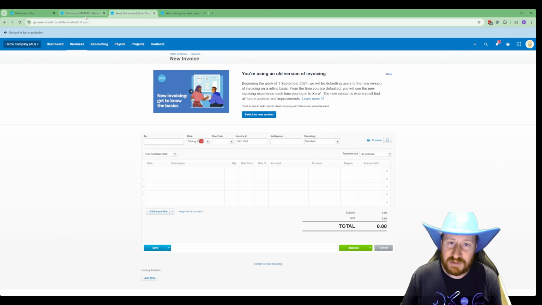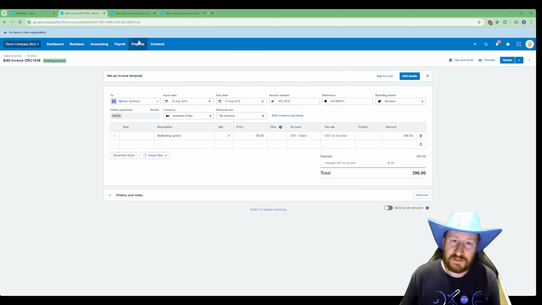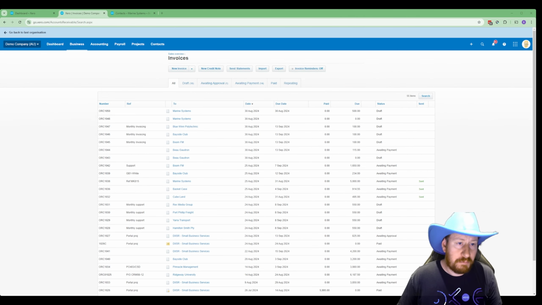So that's something that can be quite useful. If you've got a lot of different invoices that you need to have open for whatever reason, you'll be able to see in the tab itself what the actual invoice numbers are. All right, moving along. The next thing that's been added into new invoicing that did not exist in classic invoicing